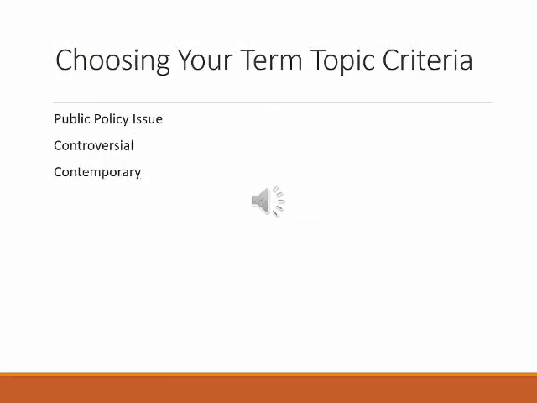Okay, so for choosing your term topic, for those of you in the public speaking class, that would be the one that you're going to use for speeches 3 and 4, your pro-con speech, and then your persuasive speech, and you will use the same topic you will present in speech 3, the pro-con. You'll present both sides of that topic in a fair and unbiased manner. You don't have a side, you don't agree with one or the other, you're just informing us. Remember, an informative speech is one that's designed to increase audience awareness or knowledge of the topic.